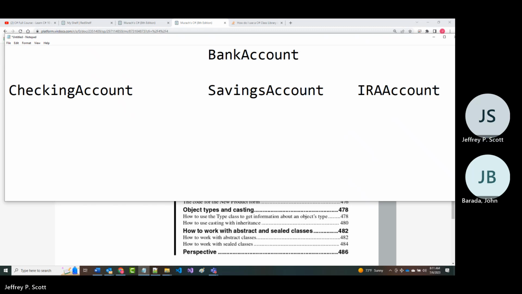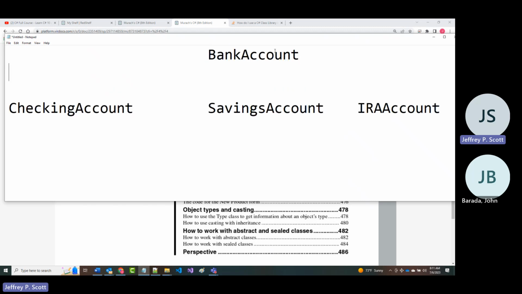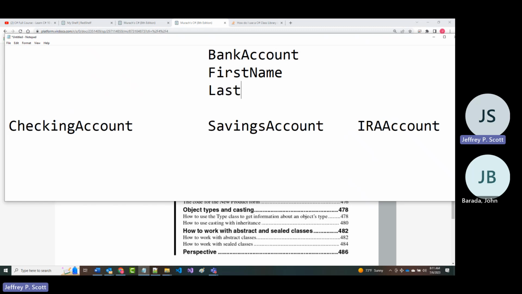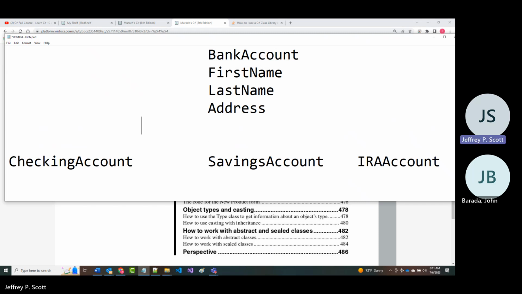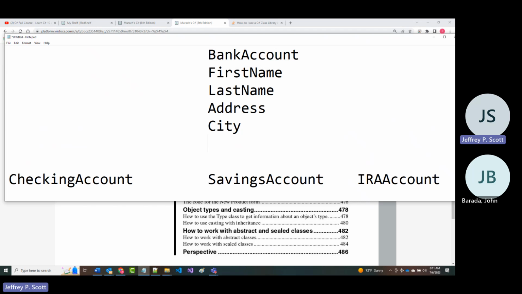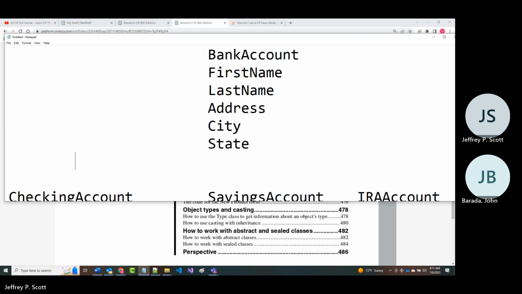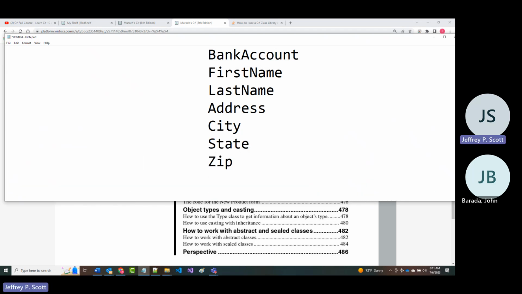What I'm trying to show you here is if I create a base class called bank account and I say, you know what, everybody who has a bank account, they need to give us their first name, their last name, their address, their city, their state, their zip, and let's say their, I don't know, account number.